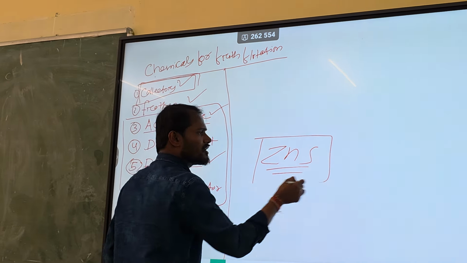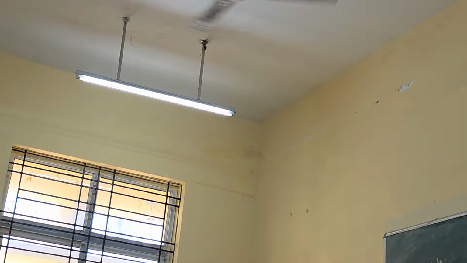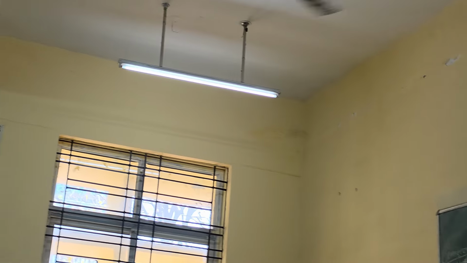Is it okay? Right? So suppose, if you remember xanthate, can you check your examples? Xanthate is one of the collectors. Just check the examples of collectors. Sodium xanthate. Okay, fine. You can have many metallic xanthates, right?